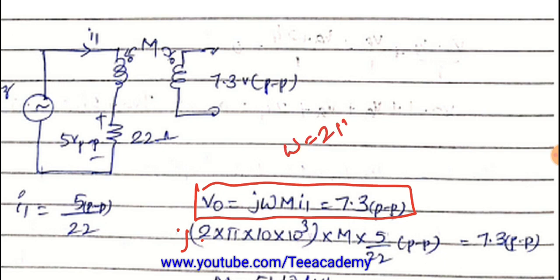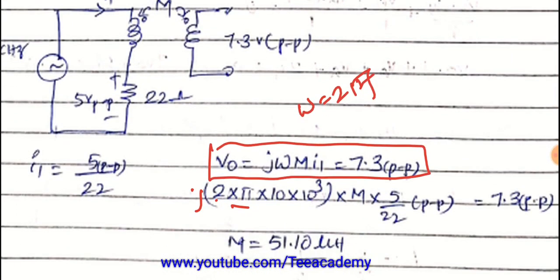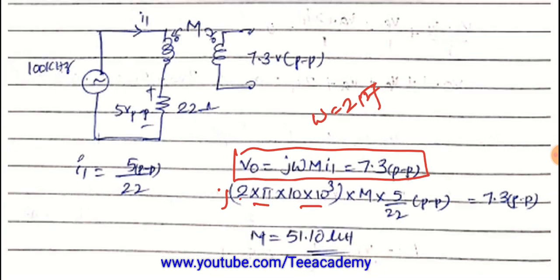Omega is nothing but 2 pi f, and the frequency given in the question is 100 kilohertz. So we take 100 kilohertz into M into the I1 value of 5 divided by 22, and substituting this value